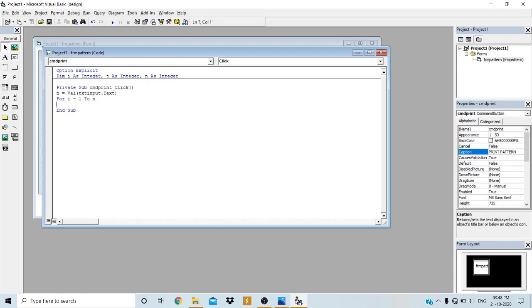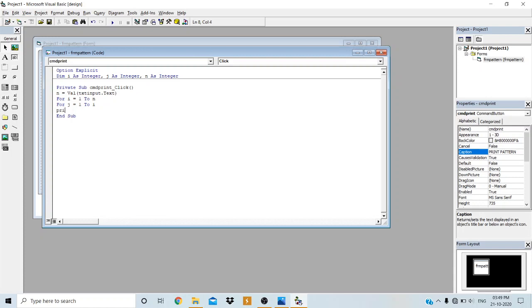By default it will be 1, or you can specify explicitly as step 1. If it is 1 only, there is no need to specify, because by default internally the for next loop has the step increment value of plus 1. Next, we have to start another for loop because it is a nested for loop. For j equal to 1 to I. I will explain the logic of why I have taken this. Again the step increment is 1 by default, so no need to mention it.